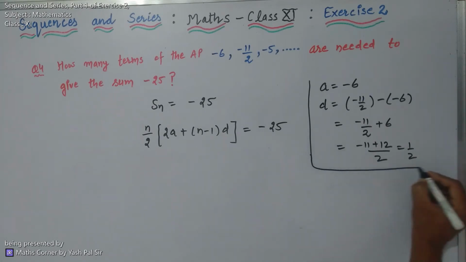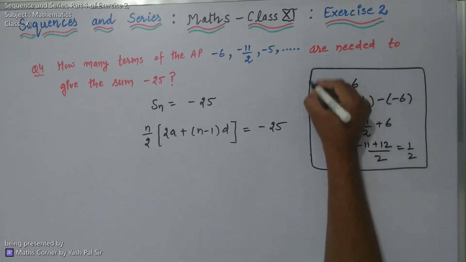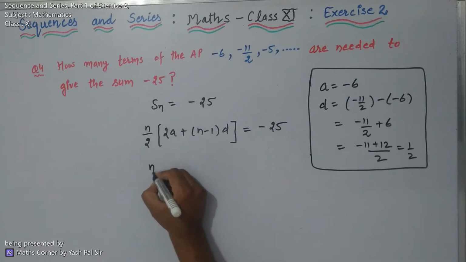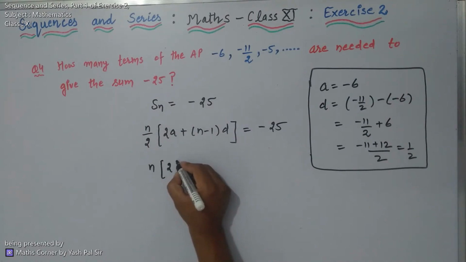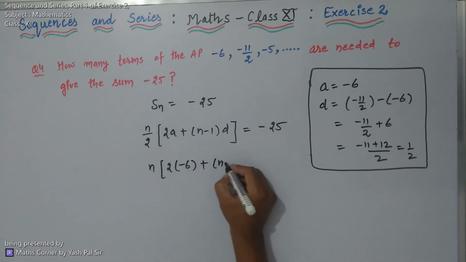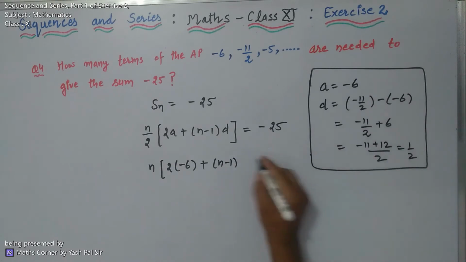So we can substitute these values. So we have n into 2 into a is minus 6 plus n minus 1, d is 1 by 2